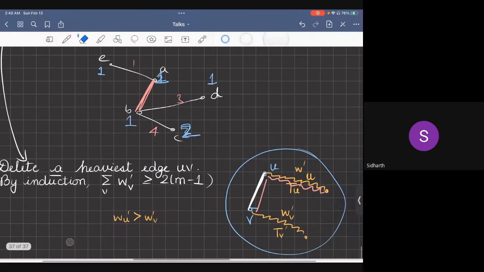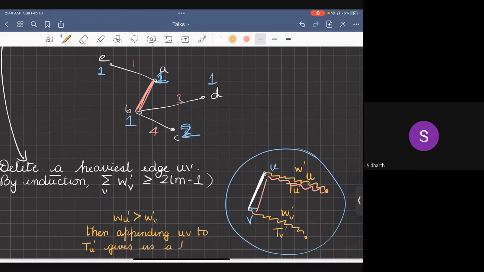So then, appending UV to the trail TU prime gives us